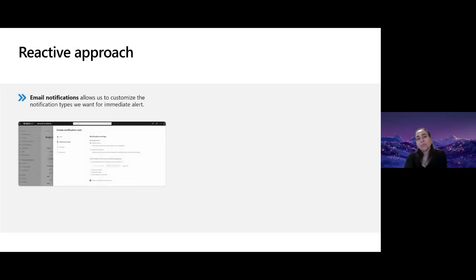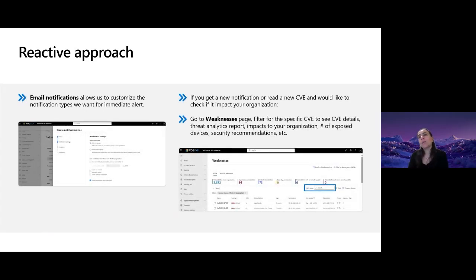There are some customers that will say, I want to go with a reactive approach. I want to be notified only on critical, highly sensitive events, and then we have the email notification that allows you to customize exactly which notifications you want to get. And you can also, in that approach and also in the proactive approach, always get into the weaknesses